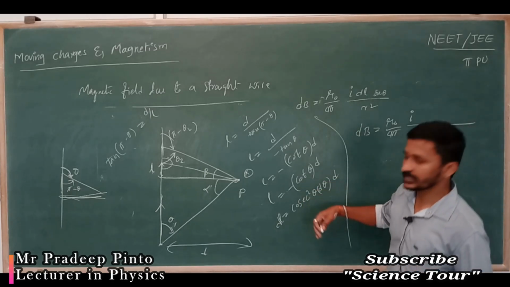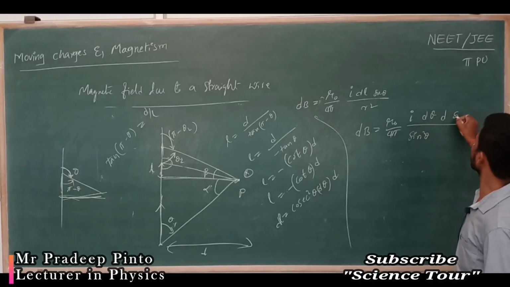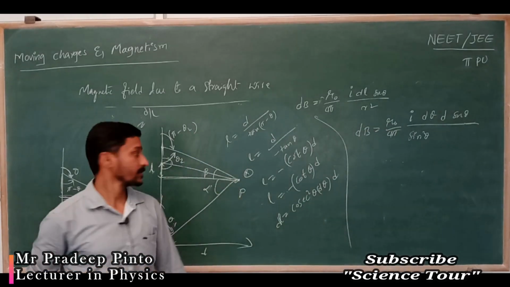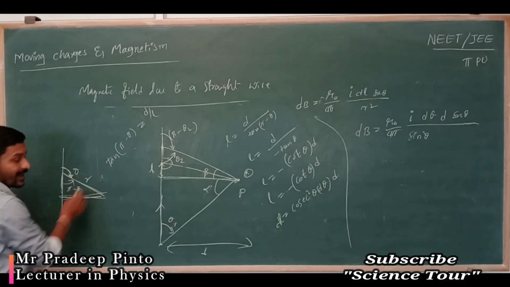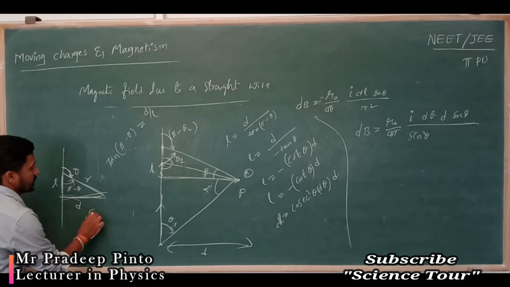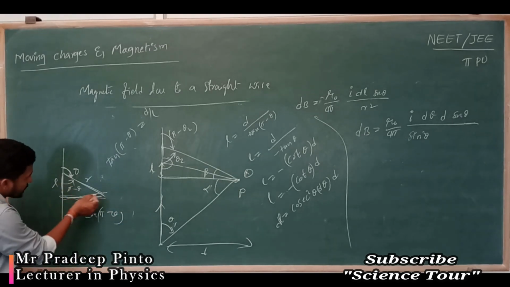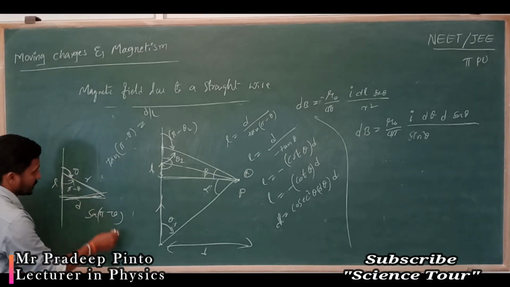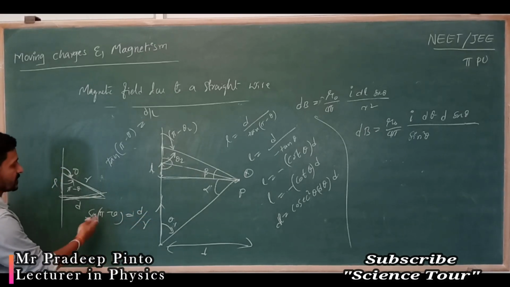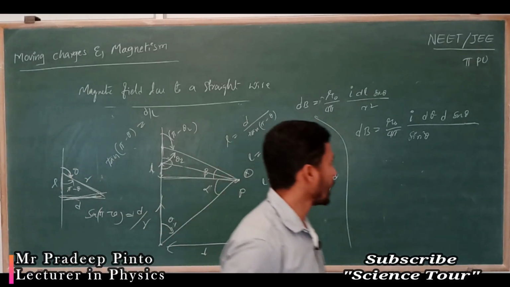Cosec square theta is 1 by sin square theta, no? d theta is there, d is there, sin theta is there. R square, how can I calculate it here? This is R, this is R, this is D, this is L. Sin of pi minus theta, no? Sin of pi minus theta is opposite by hypotenuse. Opposite is D, hypotenuse is R. R square becomes sin square theta, then again you are going to get some value.